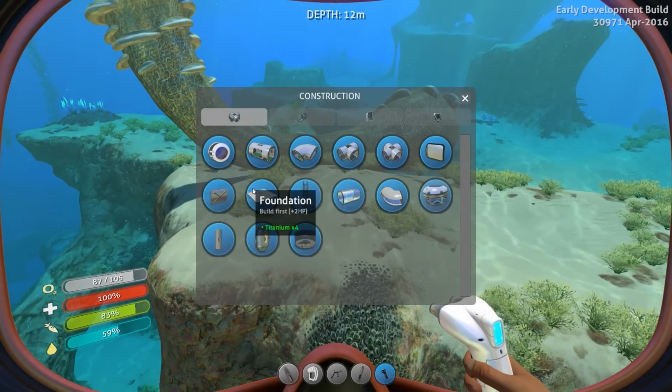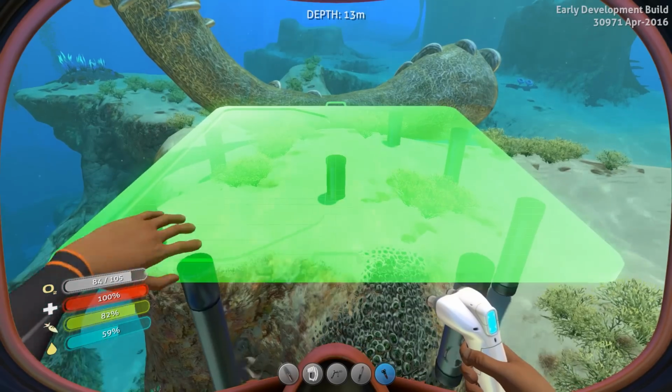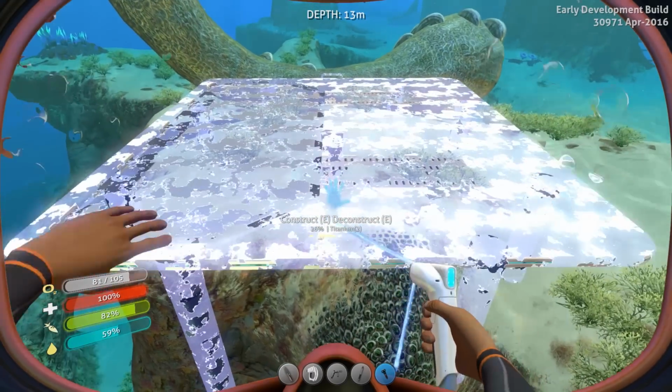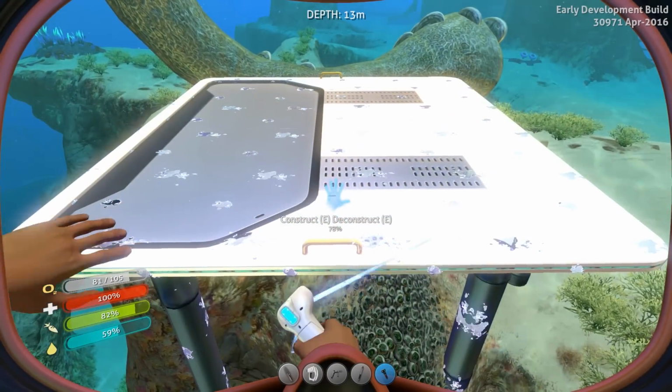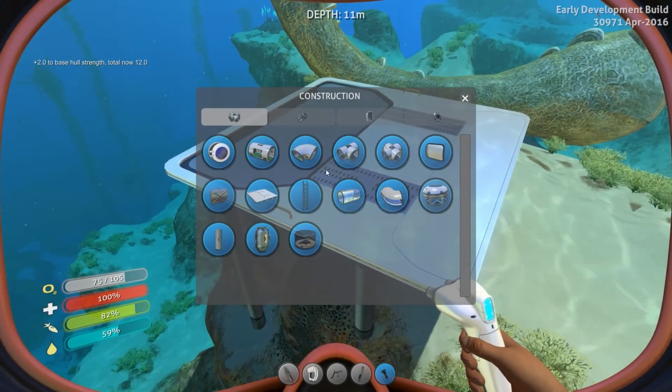Alright, first thing we're going to need to make is a foundation, and that's going to take 4 titanium. That's a good spot for it. And there we go, it's finished. Okay. Next thing we're going to want to make is a...